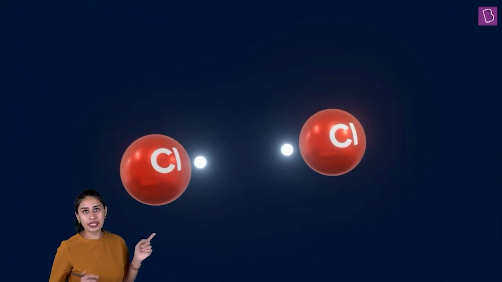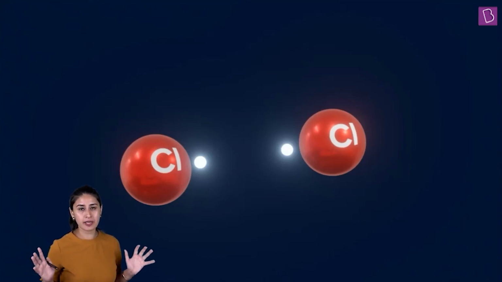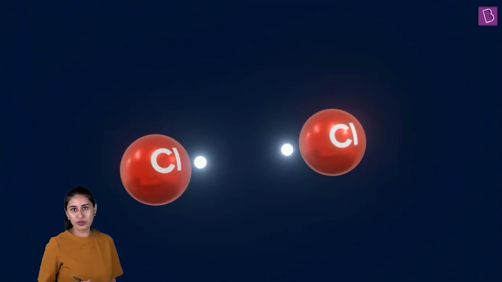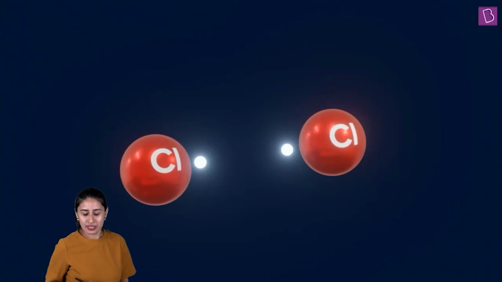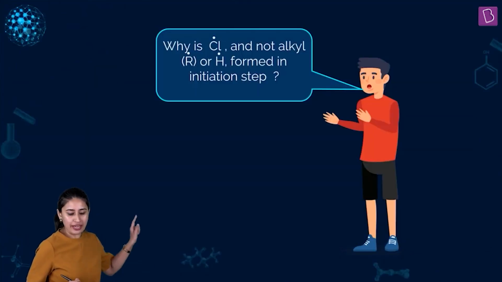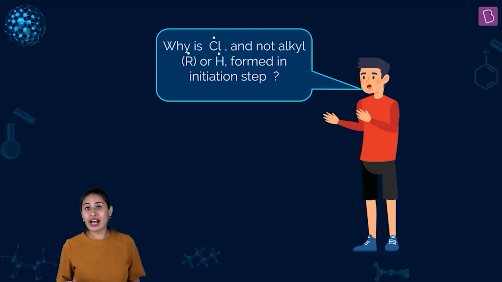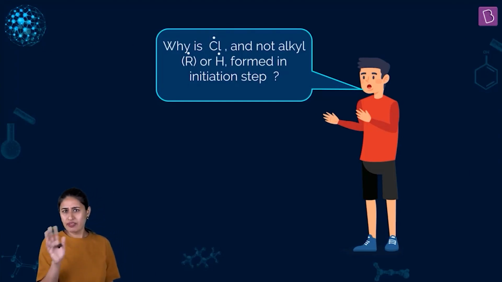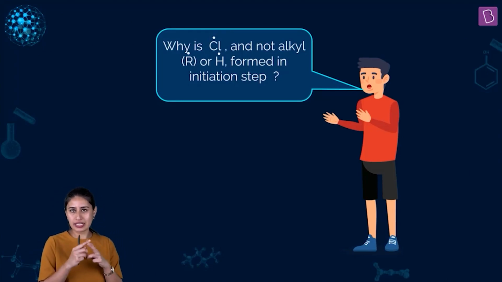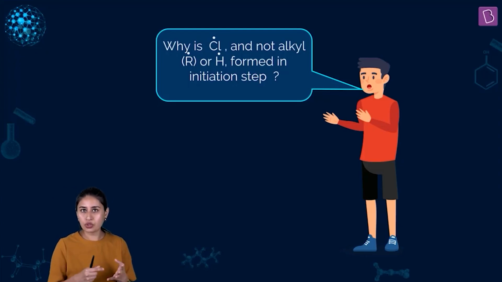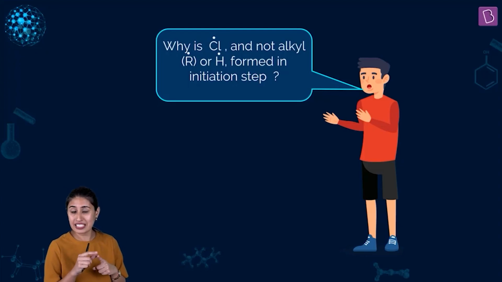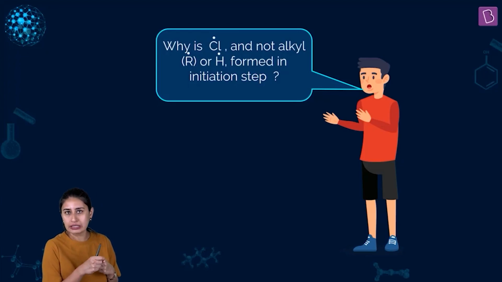Now these are going to create havoc, let me tell you. They will create a mess for sure, right? They're not going to stop anywhere soon. But let's understand one very keen question: why is a chlorine free radical, and not an alkyl free radical or hydrogen free radical, formed in the initiation step, the initial step? So these are the three free radical steps that we are talking about. The free radical mechanism may have three steps. In the initiation one, we are starting with chlorine free radical or any of the halogen free radicals for that matter, but not hydrogen free radical, and we are not even starting with alkyl free radical.